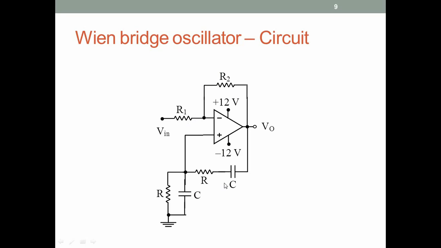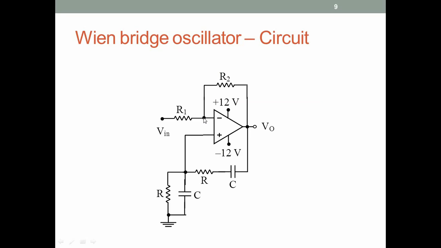Eventually the effect is that of a feedback, and we'll see the equation in a minute. For now, I have put an input here because we'll write the expression for the transfer function VO by Vin, and then of course we'll make Vin 0 eventually. If you were to derive the transfer function of this circuit, we'll write C as 1 over j omega C, and then apply the usual op-amp theory.